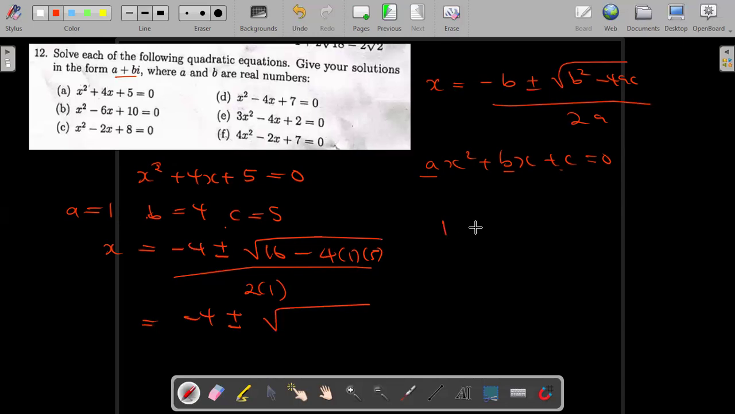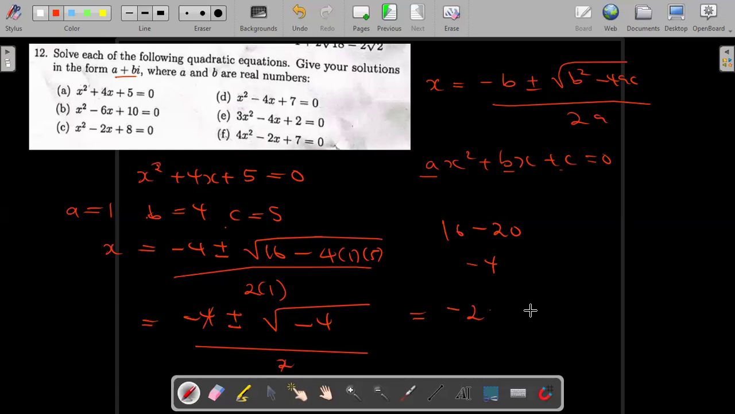So you have 16 minus 20, since 4 by 5 gives you 20. And this here will give you negative 4. So this value inside is going to be negative 4, then over 2 there. So how are we going to handle this? I can actually divide this 2 into that there. And this gives me negative